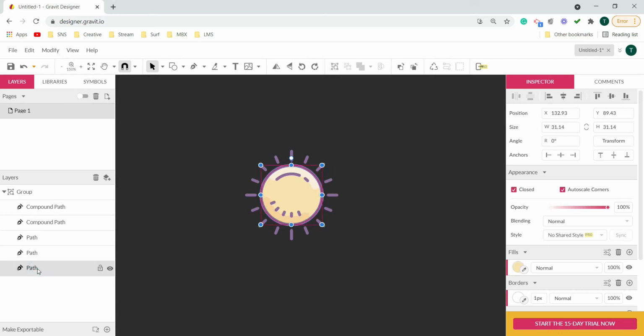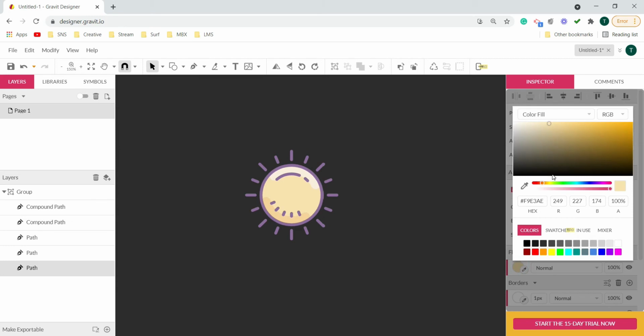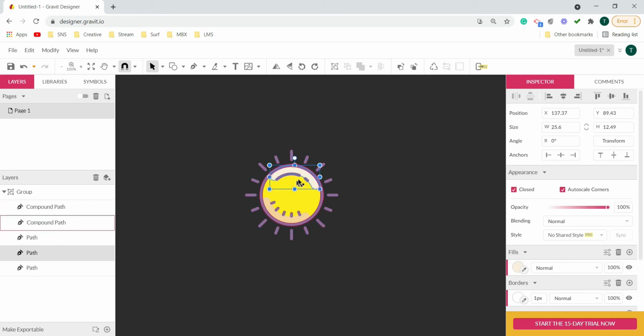I'll start from the bottom, at the very base. I will change its color to bring out a more yellowish hue, somewhat like this. Then I'll select the next shape. This one I am going to make a bit highlighted tone of this yellowish color.